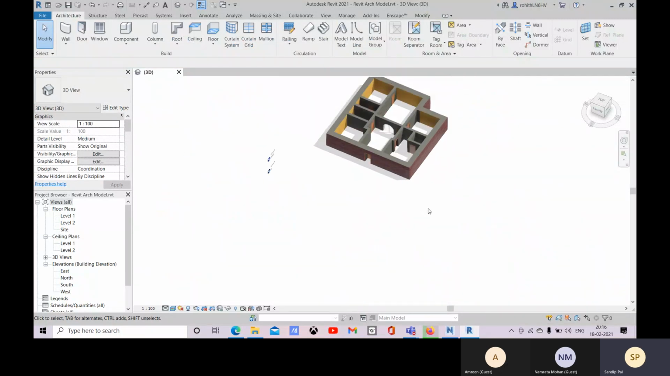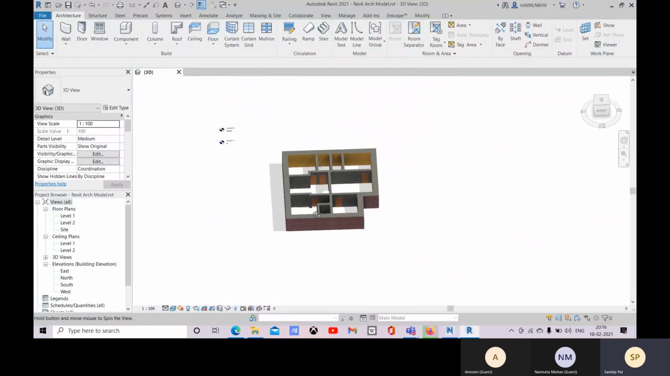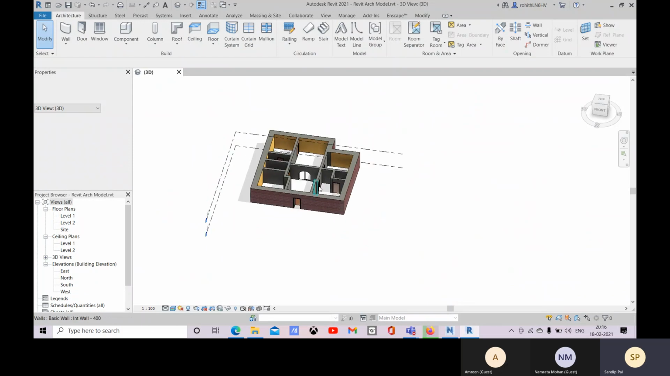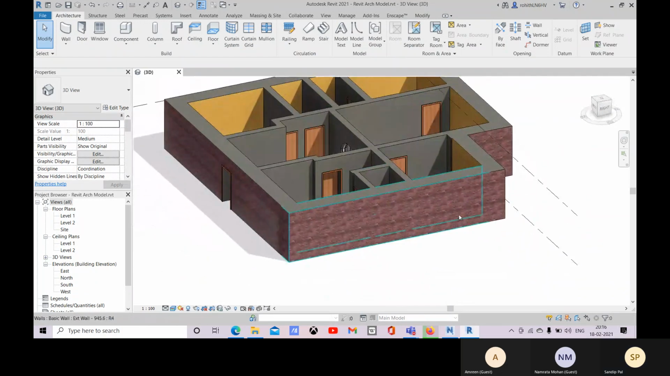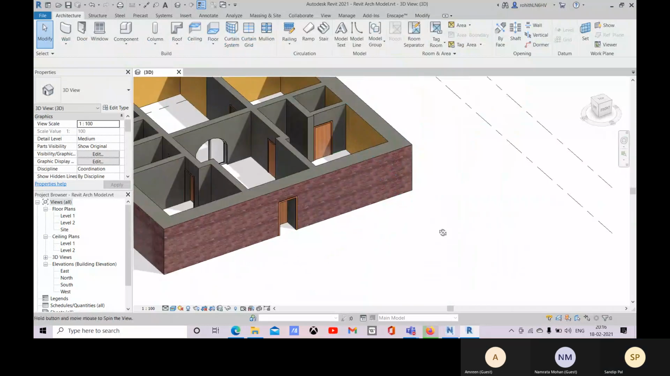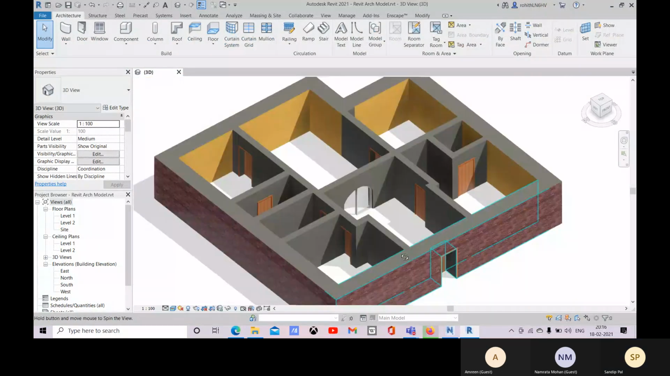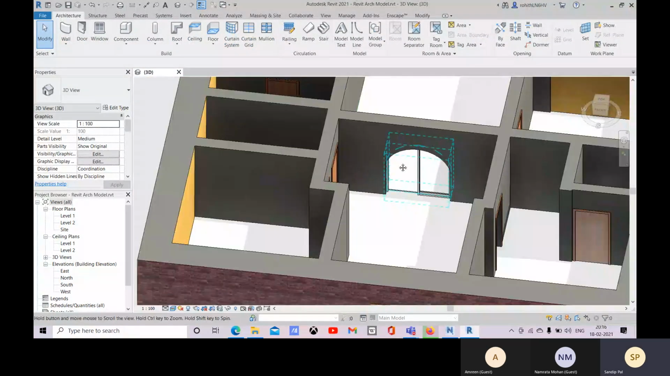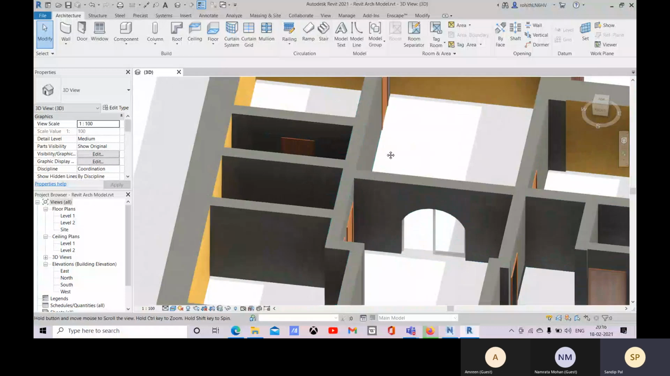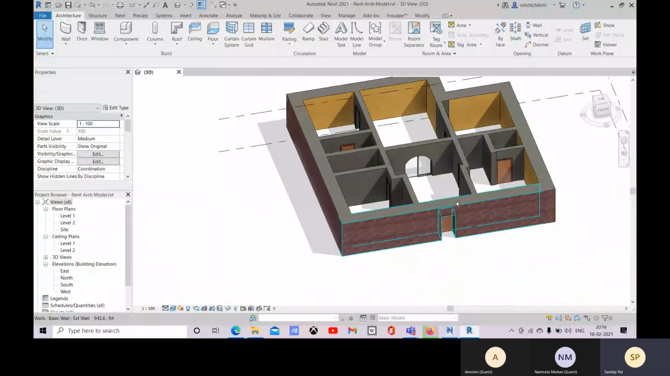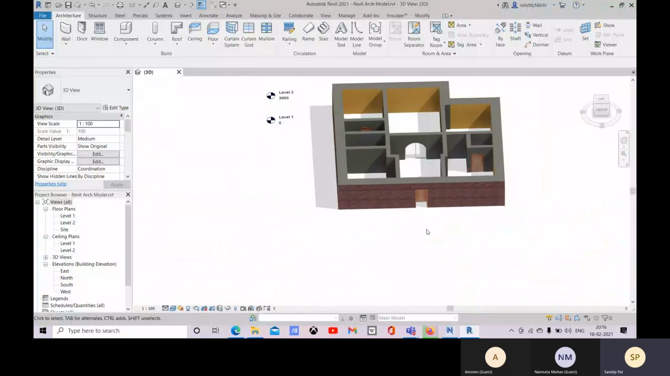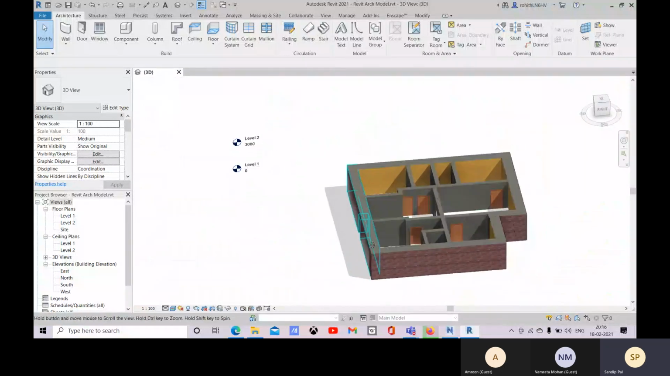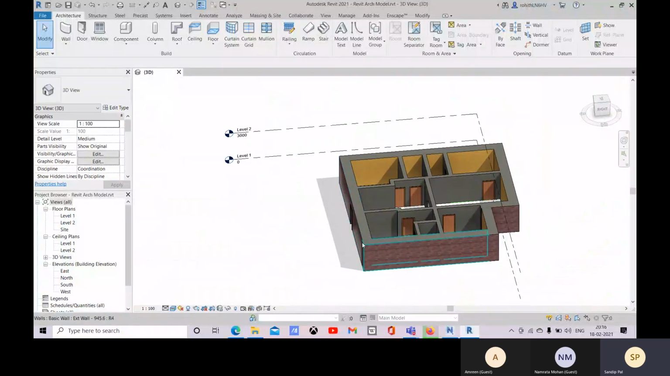So let me delete those. Now suppose you want to place some exterior wall as a curtain wall, so that you can do. So let me show you how you can do that. Okay, so for that,